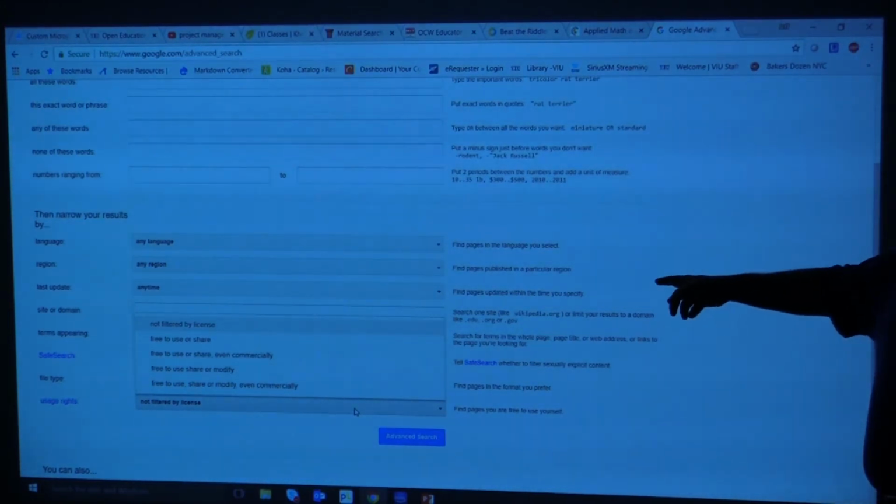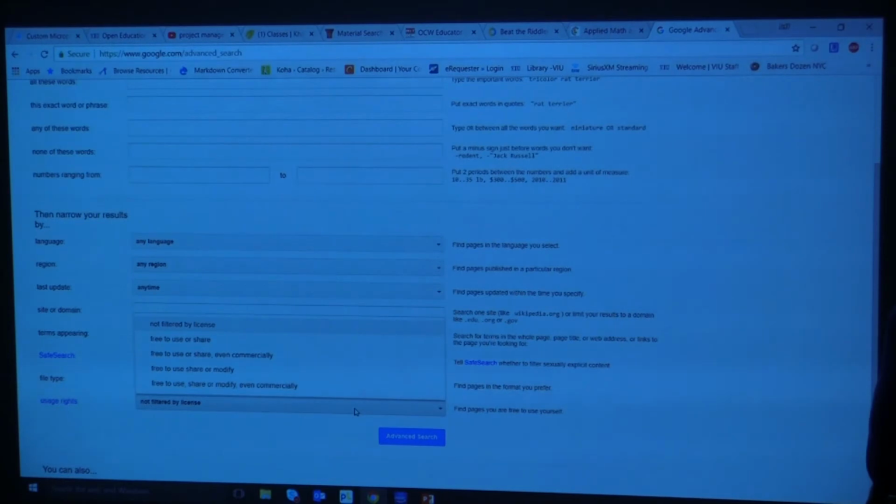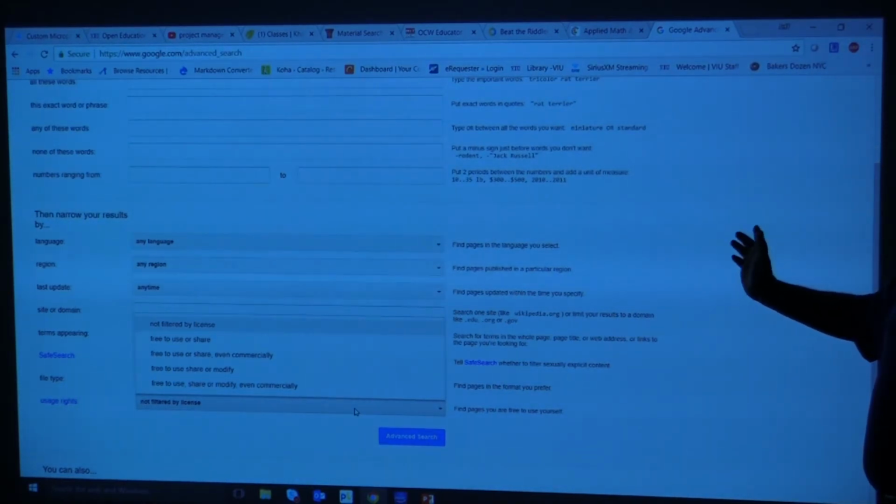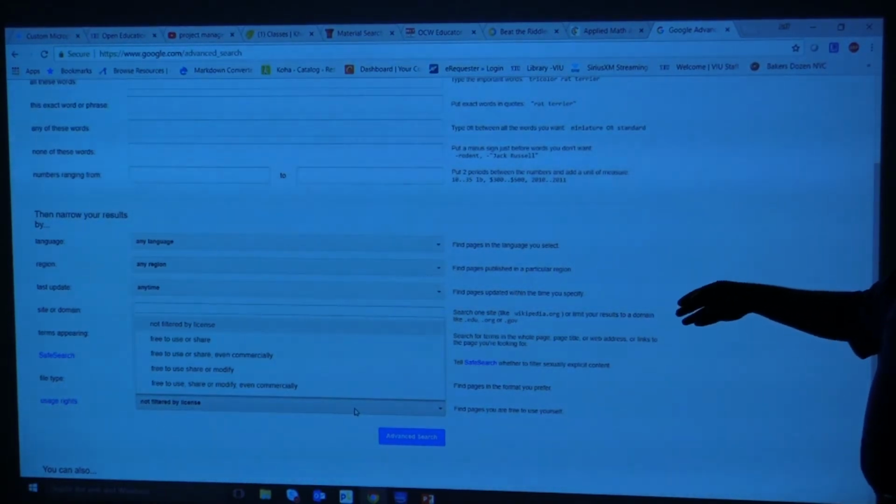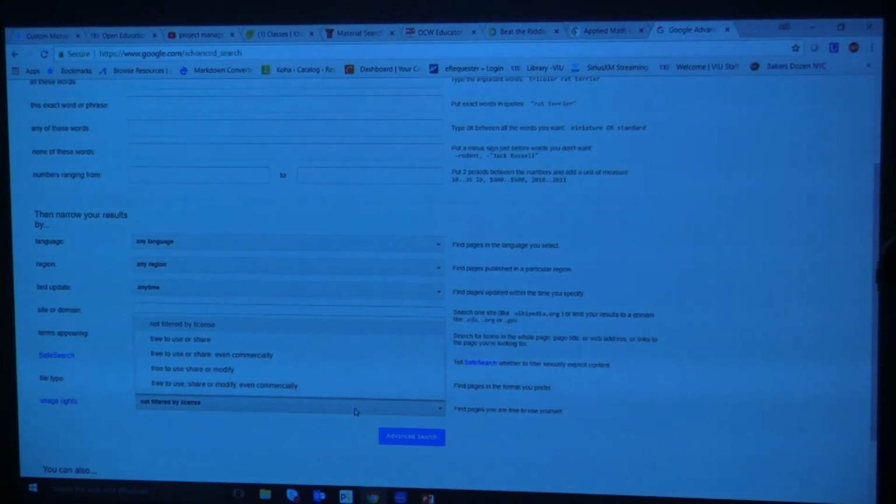So you can select free to use or share, or free to use, share, or modify. Select your choice, put in your search term, and that will bring back a wide variety of materials if you're looking. And again, you have the language filters. I don't think they have a material filter, but